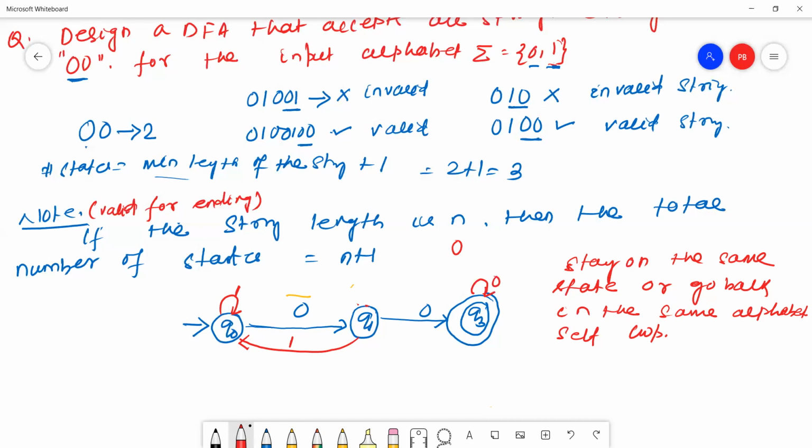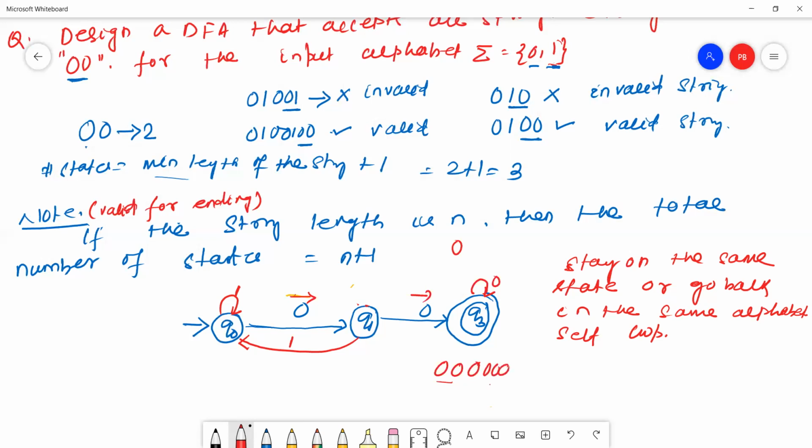If I stay here, check for some input strings. If I stay in the same state, the input alphabets are like this: 0, 0, 0, 0. This state, Q3, can generate any number of zeros, like 0, 0, 0, 0.